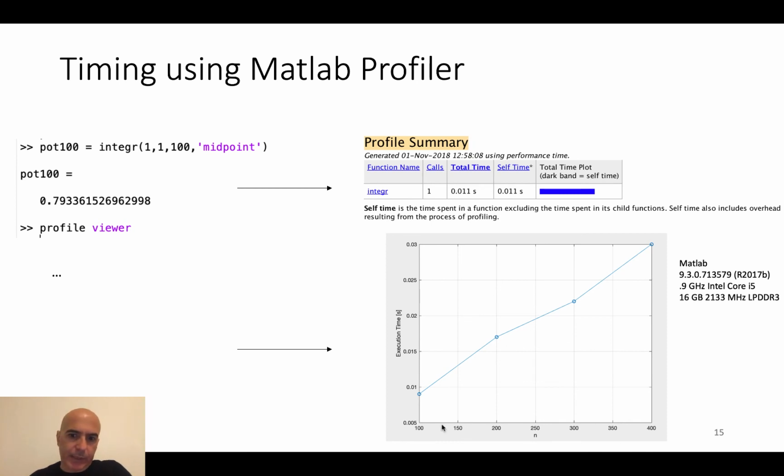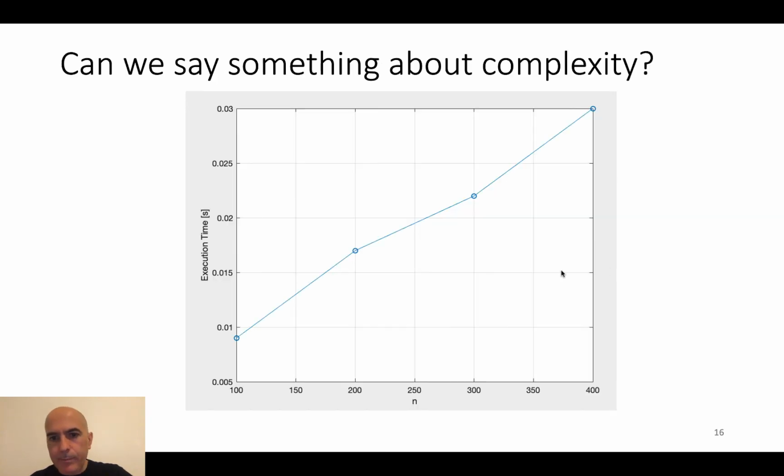We can increase the number n, the number of squares in the x direction and in the y direction. Then we can plot the execution time depending on the number of squares. That will give you an idea of the complexity of the problem. You see that increasing n, the execution time roughly increases